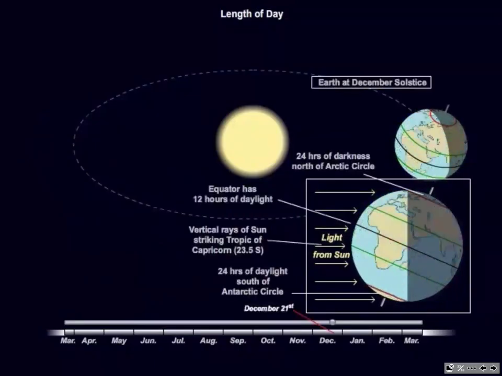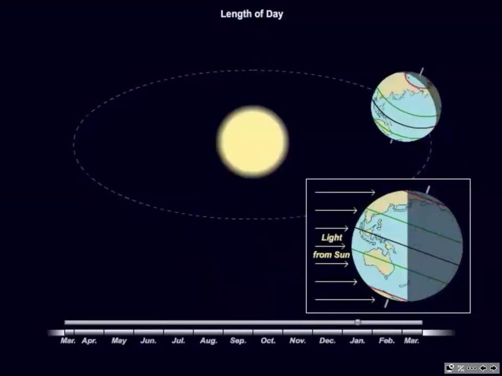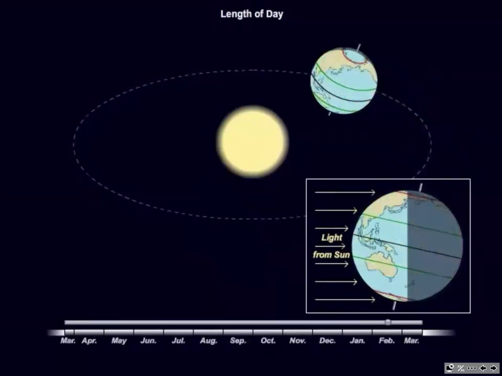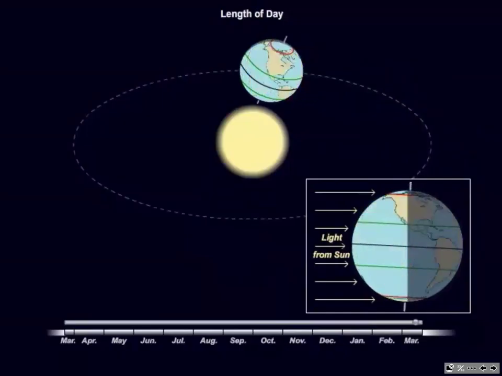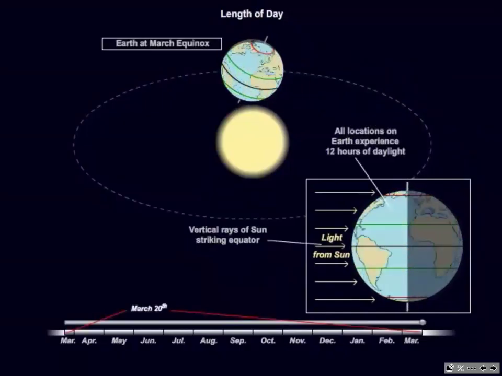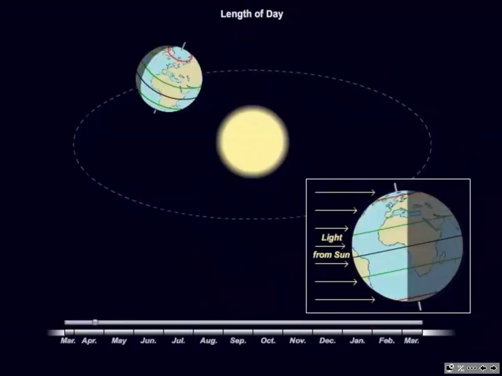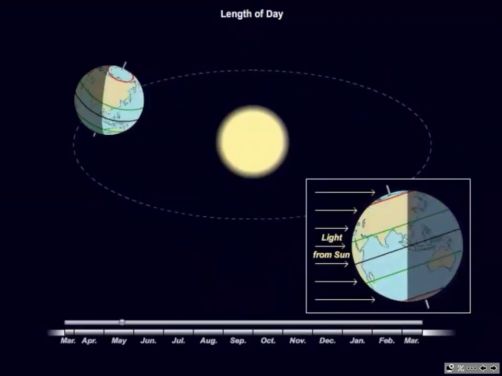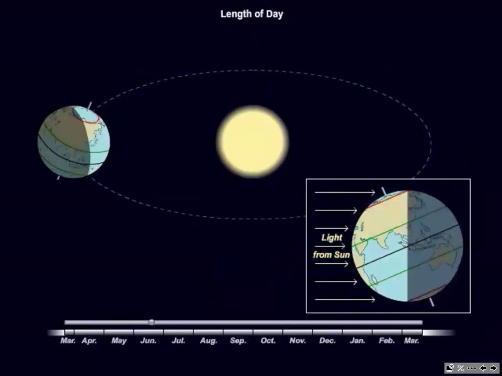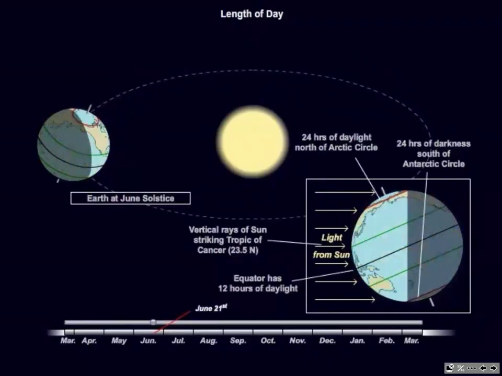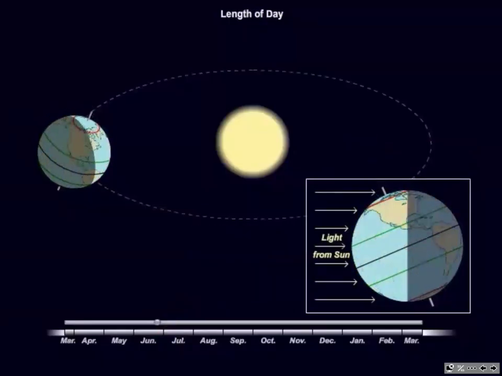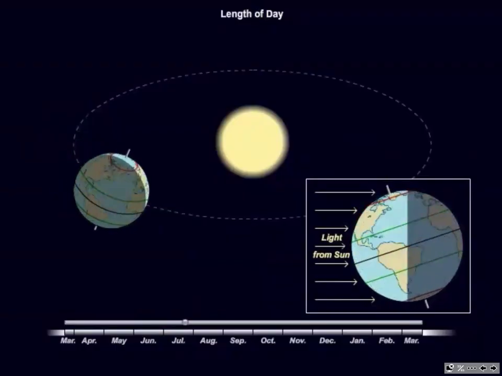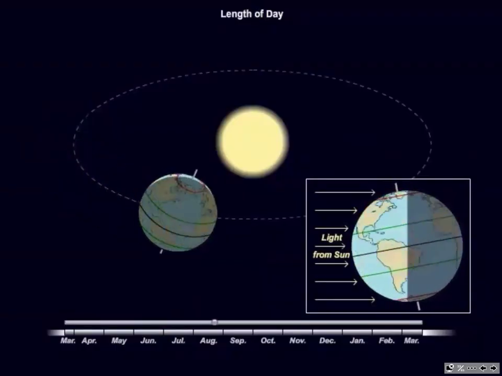As you view the animation one final time, notice the pattern of day length near the North Pole. On the March equinox, the Sun rises at the North Pole and will remain above the horizon there continuously for the next 6 months. Following the March equinox, notice that the region in the Arctic experiencing 24 hours of daylight grows week by week. On the June solstice, 24 hours of daylight are experienced from the North Pole to the Arctic Circle. After the June solstice, the region in the Arctic experiencing 24 hours of daylight diminishes week by week